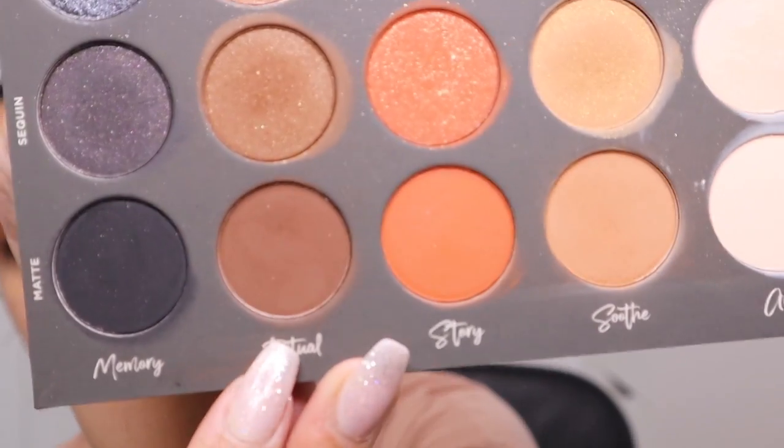Just like so. And then on kind of a smaller blending brush, I'm going to go into Ritual, which is this brown shade here. So Ritual Matte. And then I'm going to just put the tip in there. And then I'm just going to go in